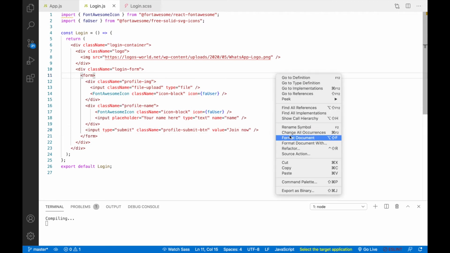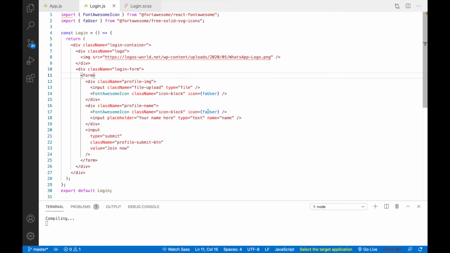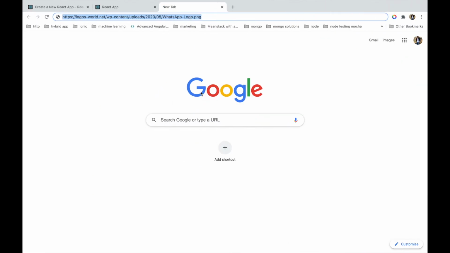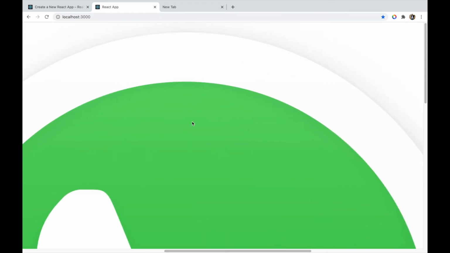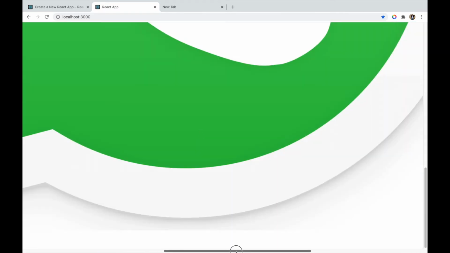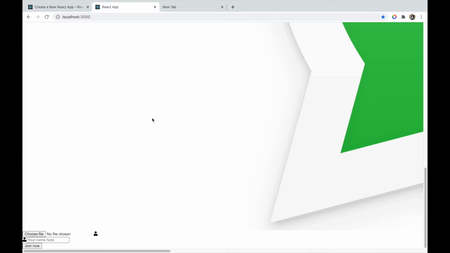Okay, so this will look something like this. The image is very big, that's fine, we'll write the CSS for this.